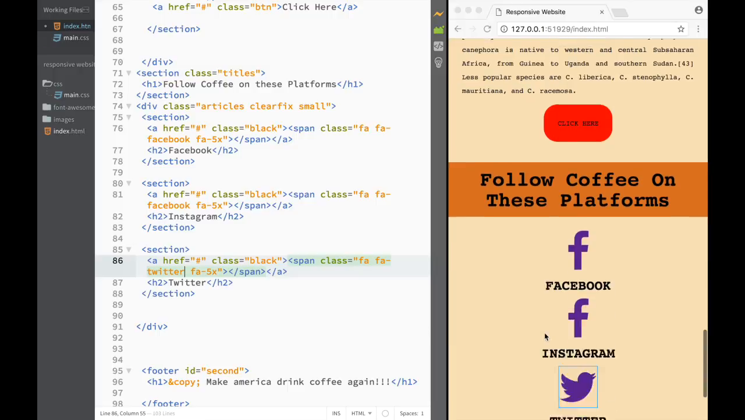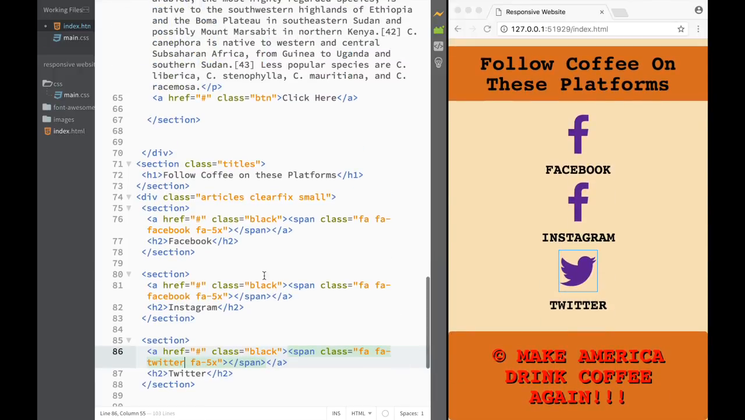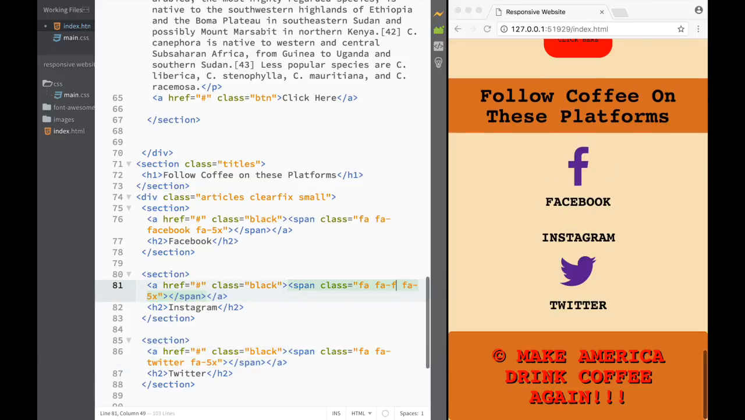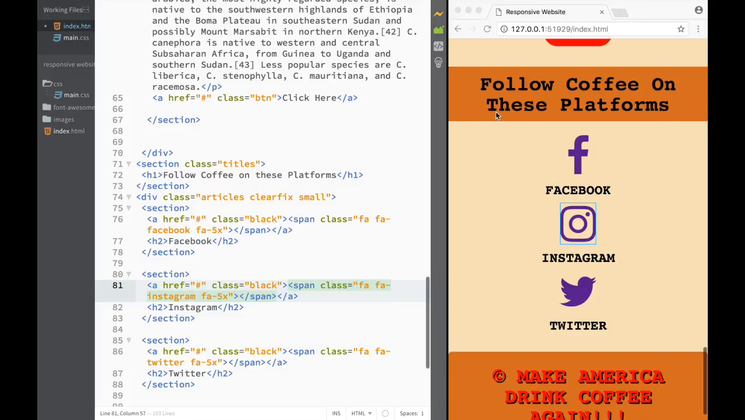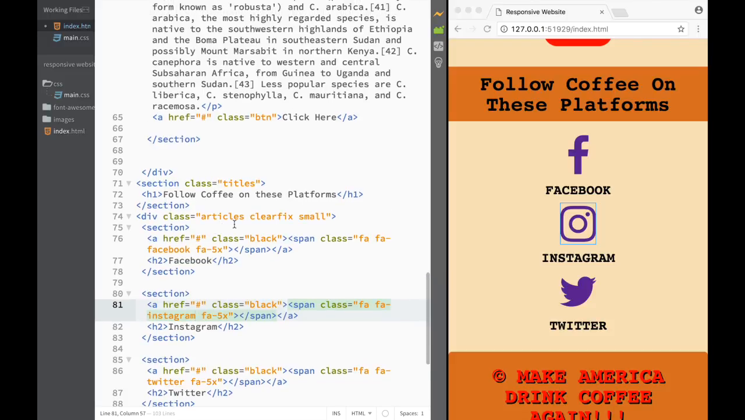So let's see, did it work? Yeah, it did. And over here we're going to do an Instagram, right? So where's our Instagram over here. So now we have 3 icons, and we have some text underneath, and we have over here again this little banner which says follow coffee on these platforms, right? So now we're pretty much done with HTML, and let's go ahead to our main CSS and actually style these